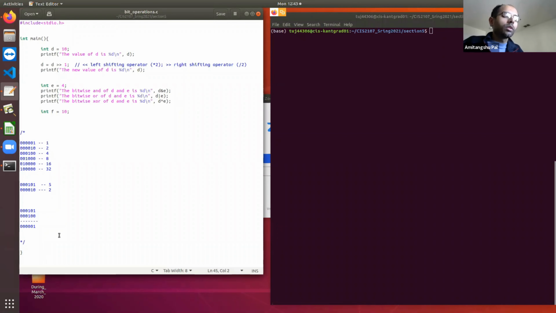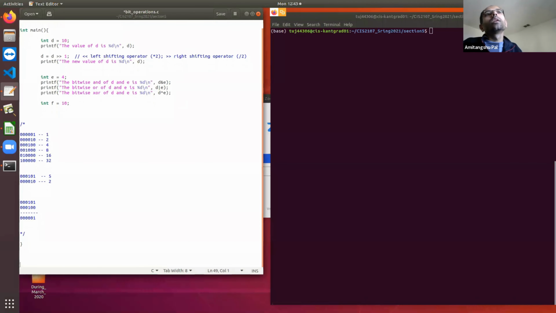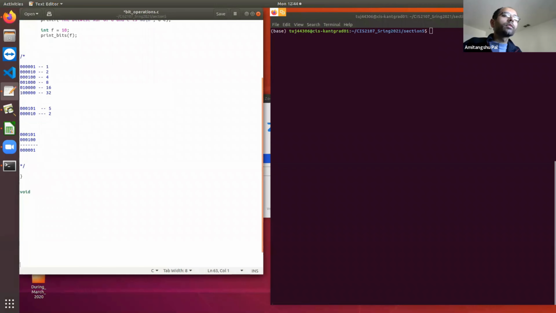So let's write a program that is going to convert it to binary. Print bits of f. Let's write this function. This function is going to return void, and it is going to take an integer. Print bits, print f.